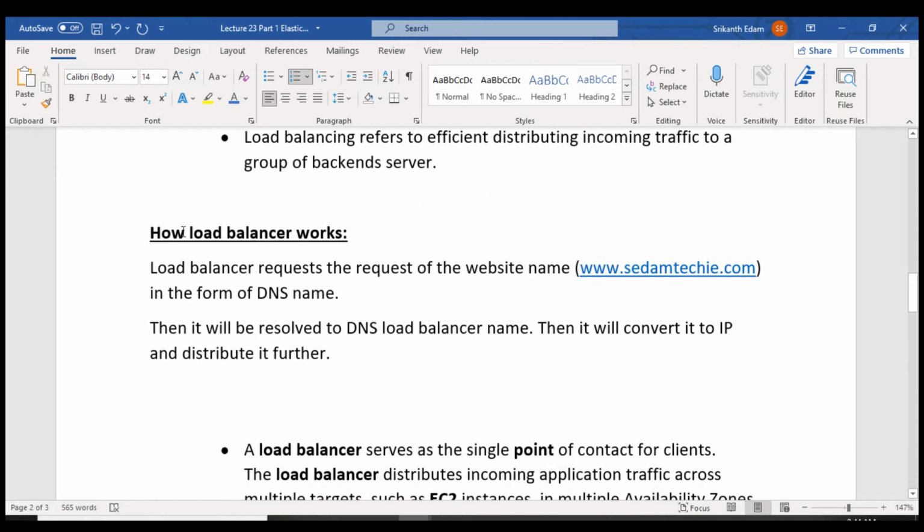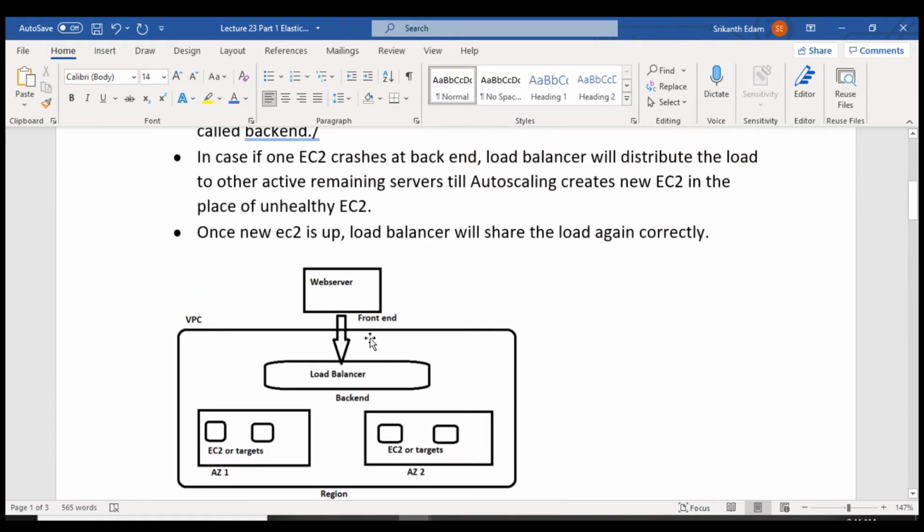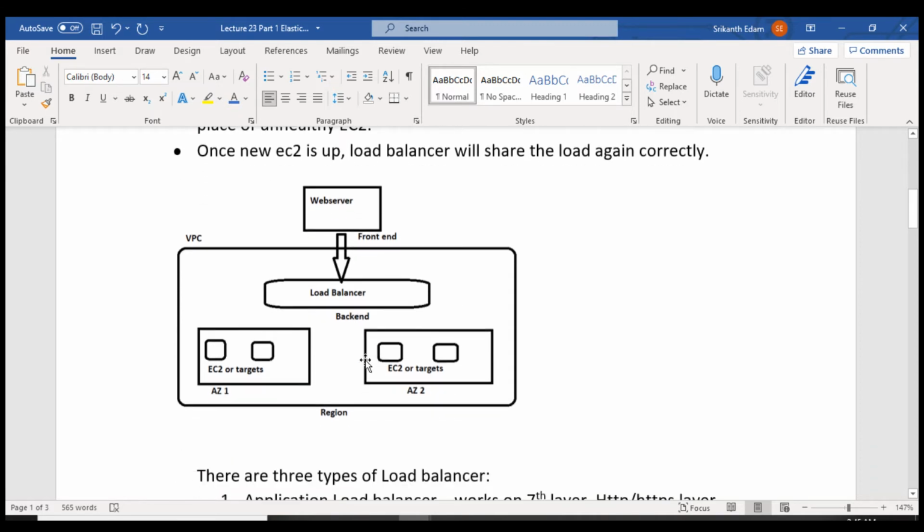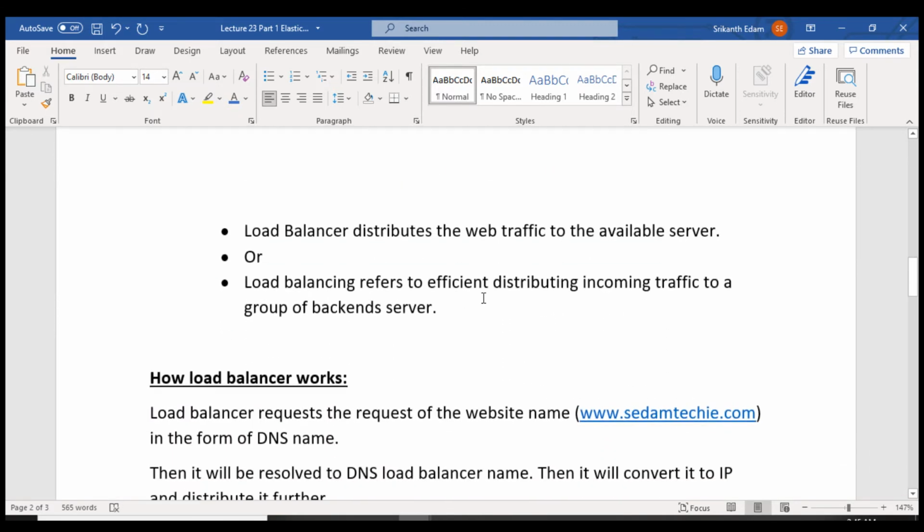For example, a load balancer receives requests for the website name in the form of a DNS name. What exactly does it mean? The web server has a website name. Whenever a request comes to the load balancer, it arrives in the form of a DNS name.